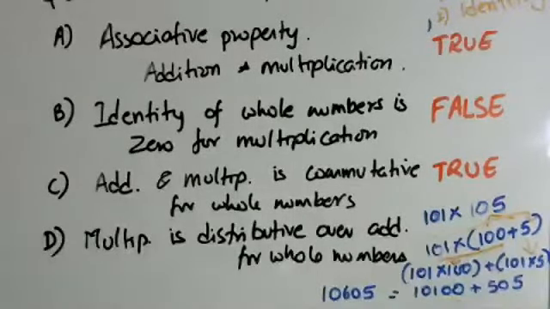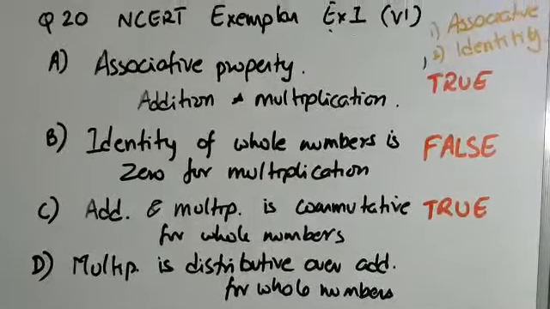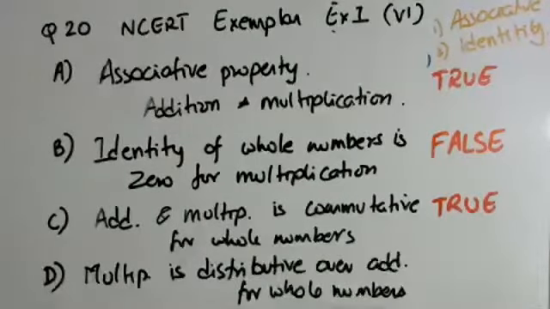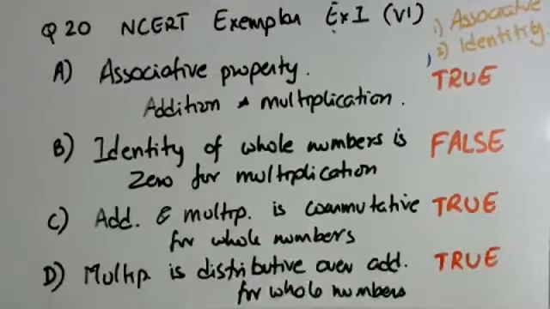Okay, so now Panav, is it clear what we mean by multiplication? Yes, sir. So therefore, D is also true. So this is an interesting property, this distributive property. And it's very useful in problem solving if you know your distributive property well. How to distribute the number in such a way that it can easily help you solve the problem. So this is also true. Okay, so the only statement that is false is B, B for Bombay. So therefore, that is the answer to the question. Okay, is it clear now?